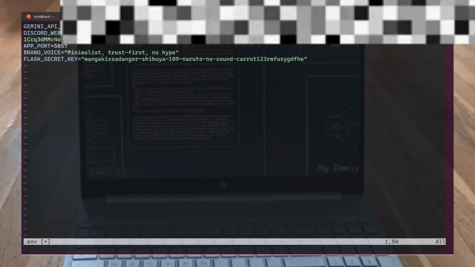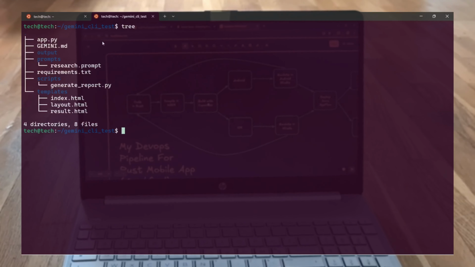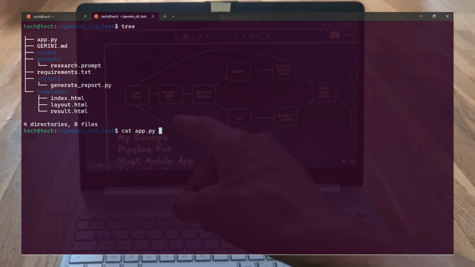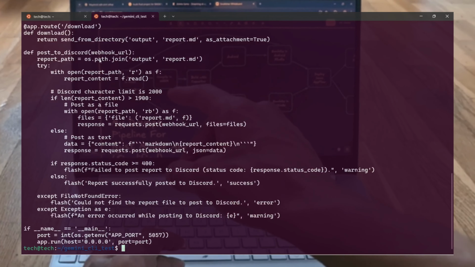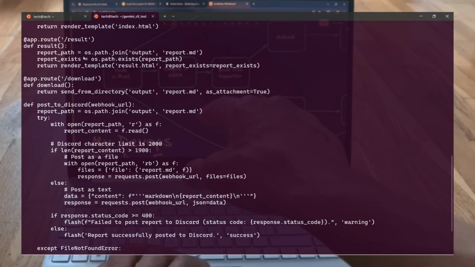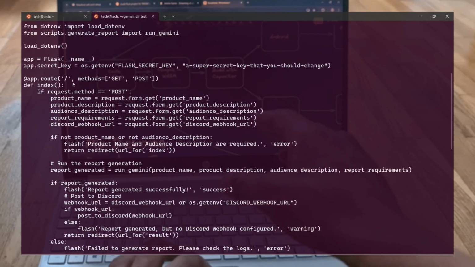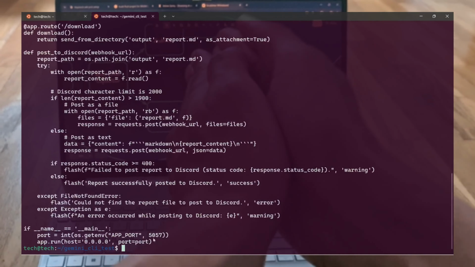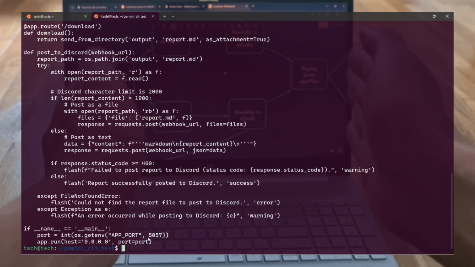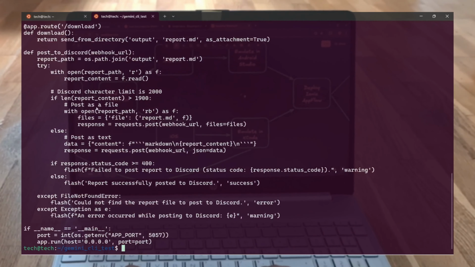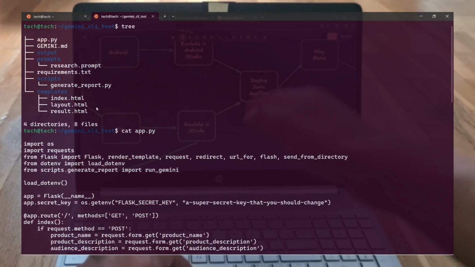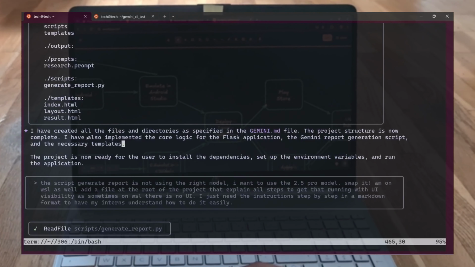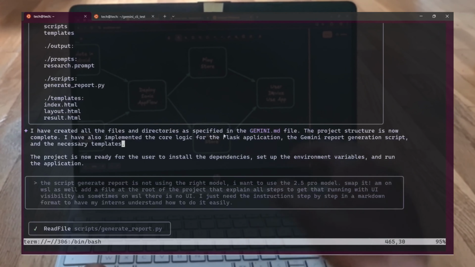So we get all the API keys, all the secrets. Okay, so the app will be using environment variables. This is how you do it in Python to be secure in authentication with your agent and also with the Discord. Okay, so here we